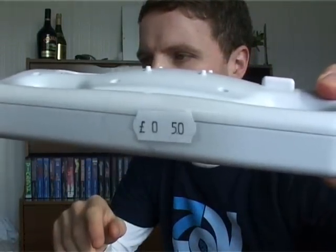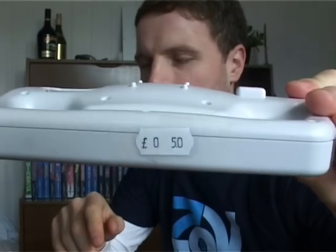A couple of charity shop purchases, or one of them anyway. A peripheral, one that I had sort of wanted. It's just a Wii wheel. I think it's the official Formula 1 2009 wheel. I think it needs a bit of a clean. It's a bit grimy, but this was only 50p in the Watford Christian charity shop, and it's actually